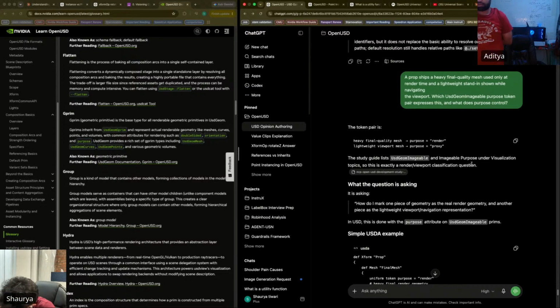This is imageable. An imageable purpose. So this is exactly a render viewport classification question.